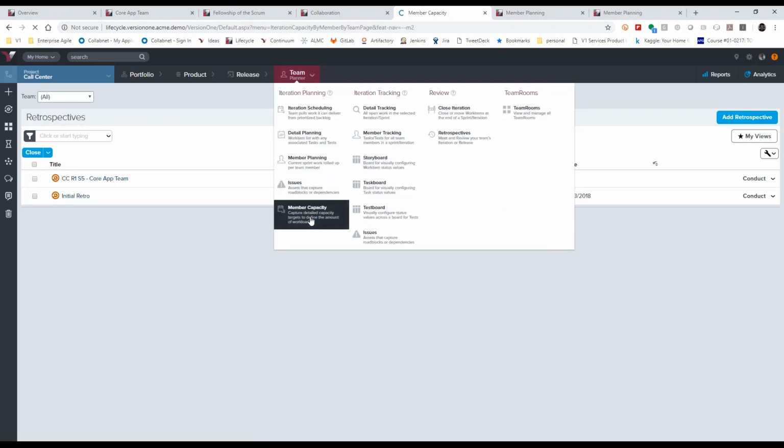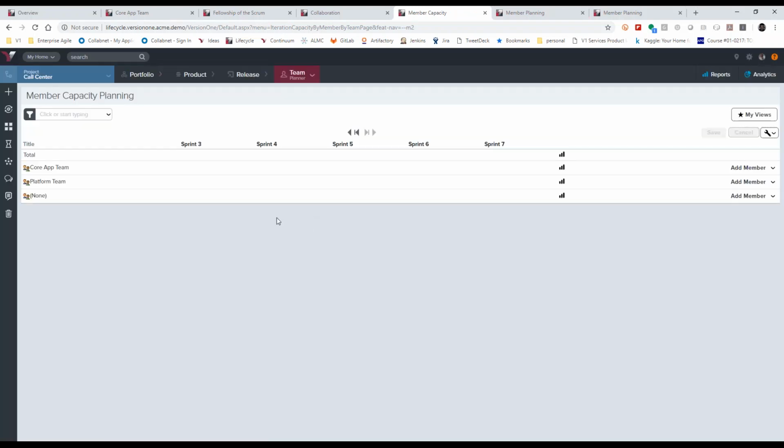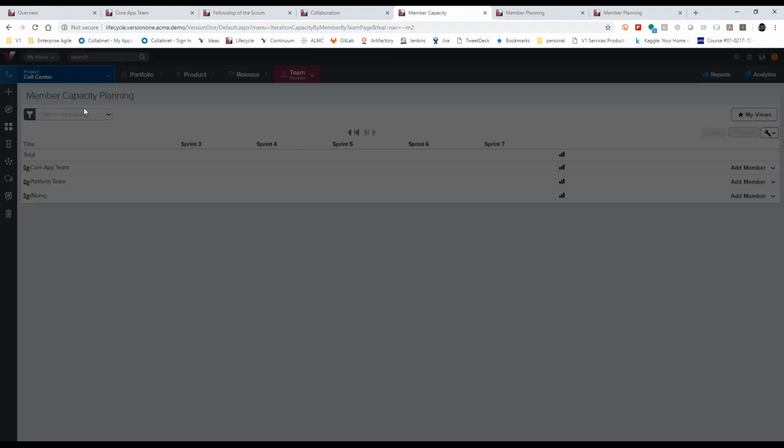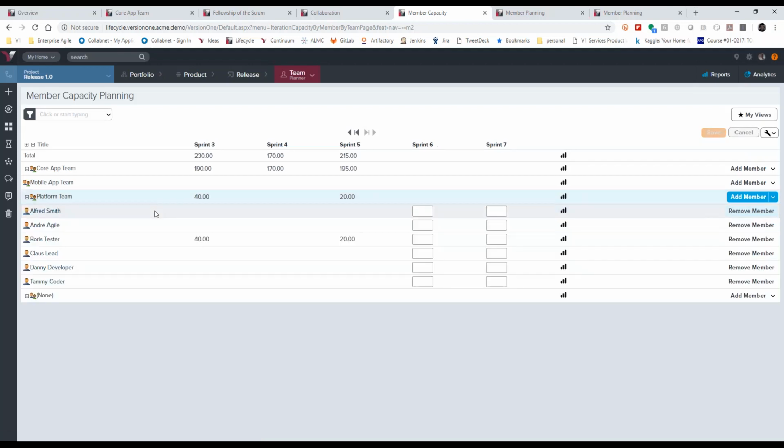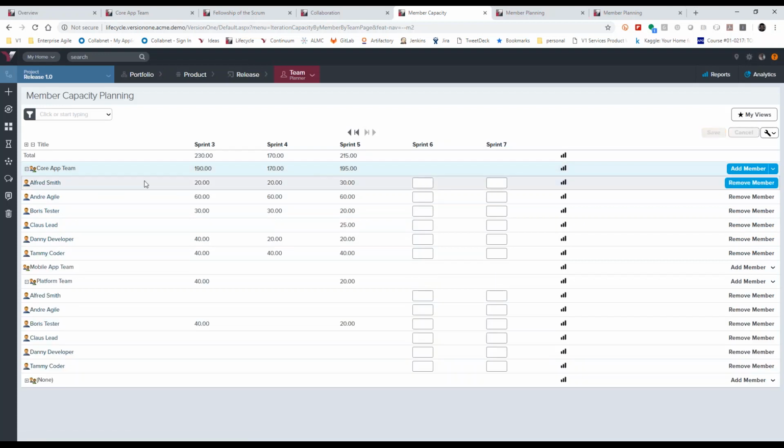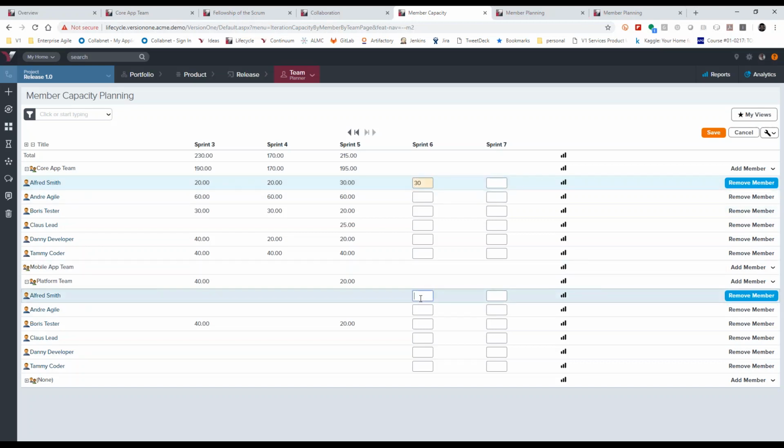Member capacity, right? And in this case, I have my data set inside of release 1. If I look at the platform team, I've got the same members in the platform team as I do in the core app team. So the idea is, let's say Alfred is split between 2 teams in multiple sprints. Then Alfred can say, I have 30 hours for sprint 6 on this team and another 30 hours for the sprint on this team, and this will,